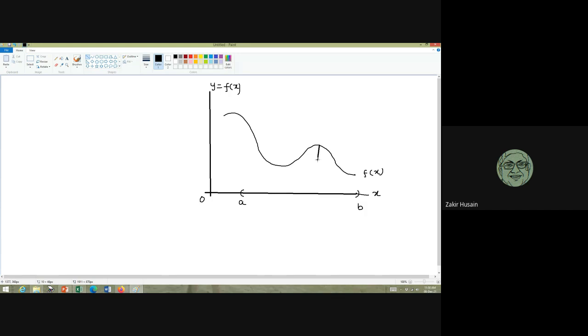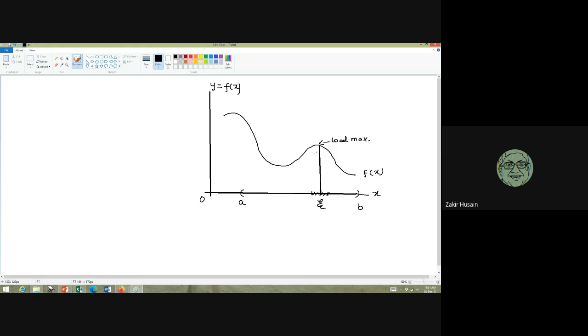The function has a local maximum at x equal to psi. So this is the local maximum. Okay, if you take a small neighborhood around psi,